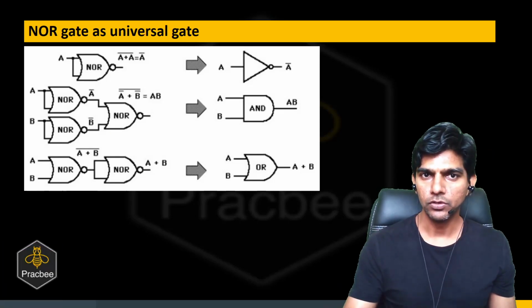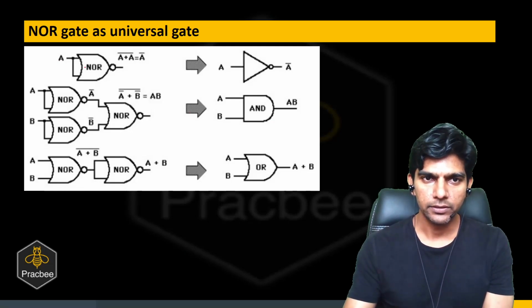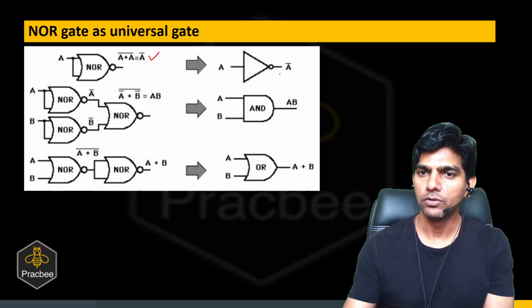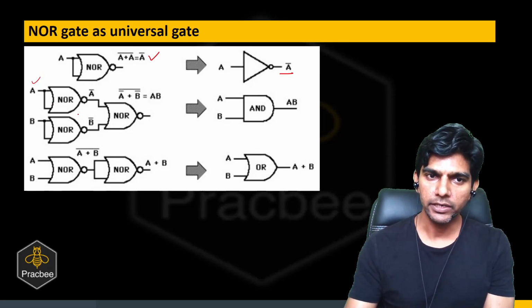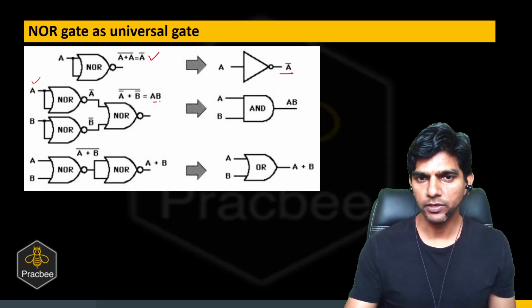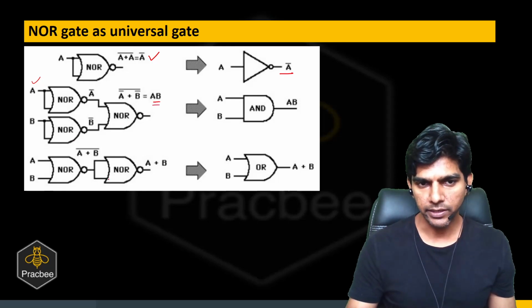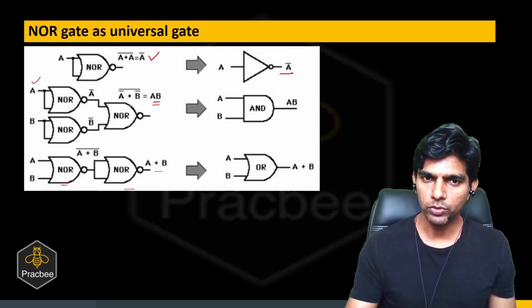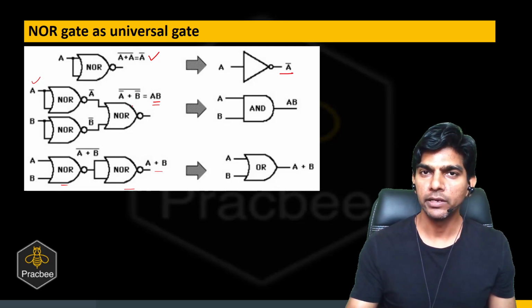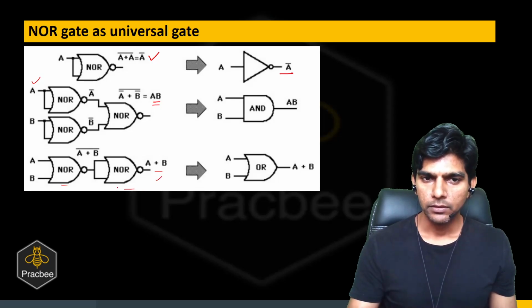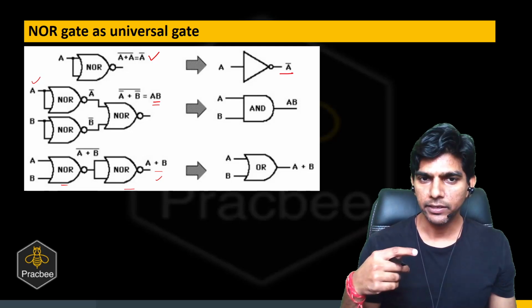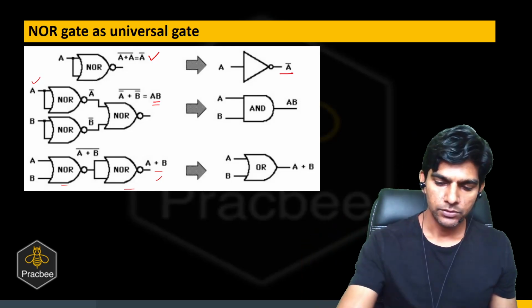Okay, now let us see how we can convert a NOR gate into AND, OR, and NOT gates. So can you see if we connect the inputs like this, we will get the output of a NOT gate. Now if we connect three NOR gates together like this, the output will be an AND gate. If we connect two NOR gates like this, the output will be an OR gate. Boolean arithmetic is quite easy to understand. So just remember, 3 NOR gates give you 1 AND gate, but in case of a NAND gate, 2 NAND gates give you an AND gate. So do remember these.